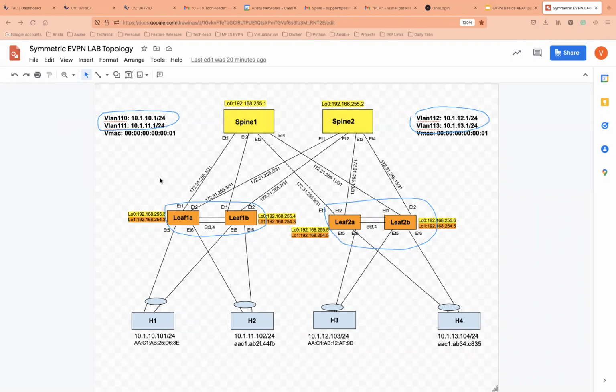It's a pure symmetric IRB where there are no VLANs or SVIs that overlap or exist on both pairs. Host H1 is in VLAN 110, 111, and H2, H3 are in 113 and 114. This is how it is configured, and it's a leaf-spine. Now for the underlay,